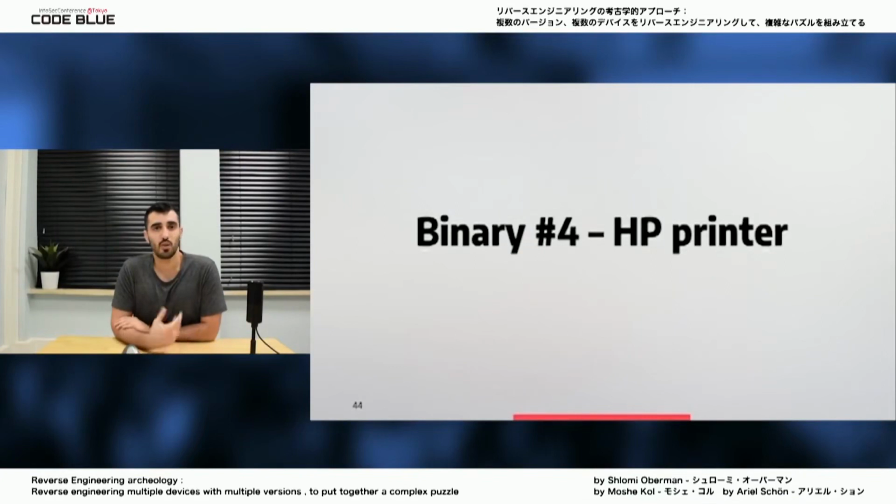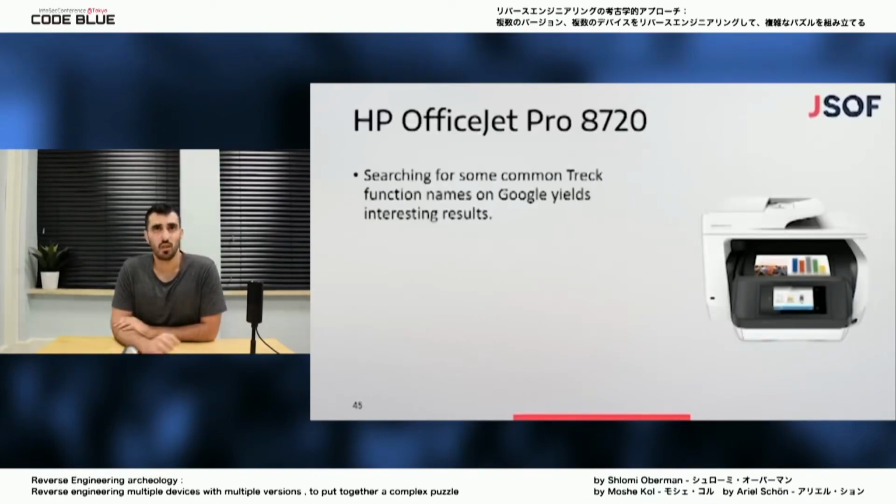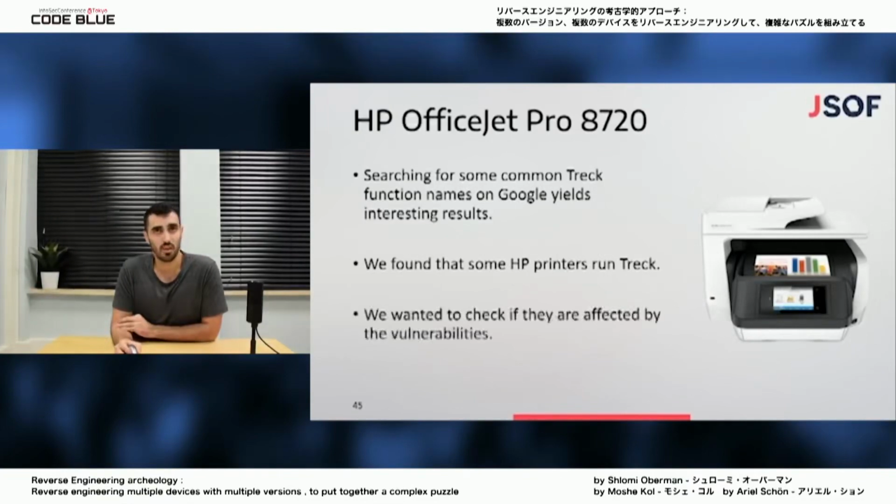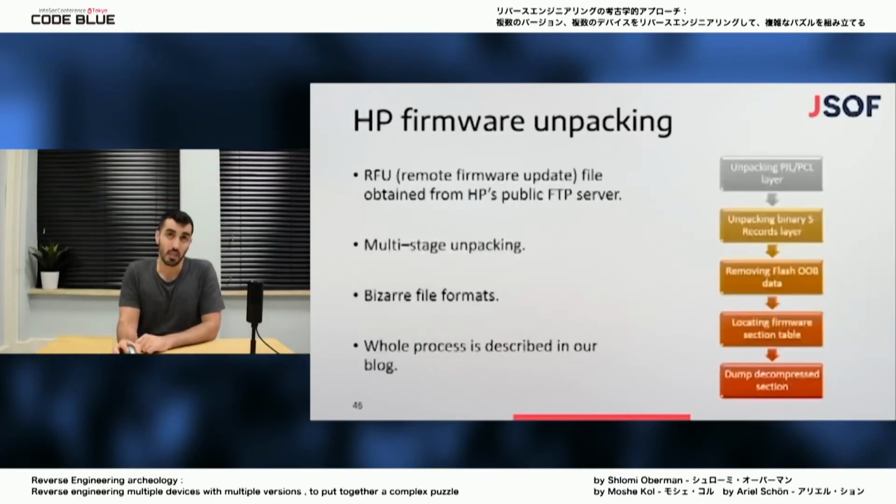Another device that we looked at is an HP printer. We just googled the common Treck function names, and we found that HP printers use Treck as their TCP/IP stack, and we wanted to check if they are affected by the vulnerabilities. So the first step was to obtain the firmware, and we were able to obtain it from HP's public